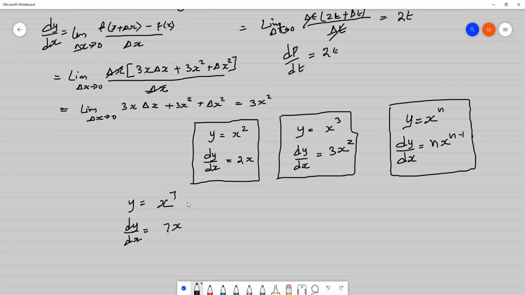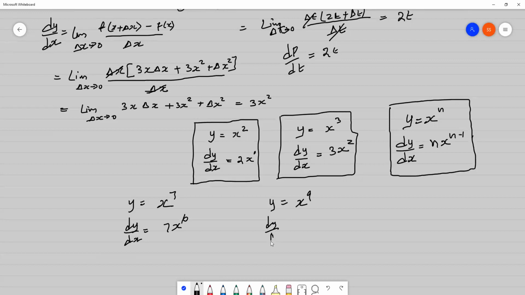This x power will lose by one number, so it becomes 6. Because see here, this 3 is jumping here and this is losing one number. This 2 is jumping here, this is losing one number. Here this n is jumping here and this power loses by 1. So 7x power 6. Suppose y is equal to x power 9, so immediately you should be writing dy by dx is,